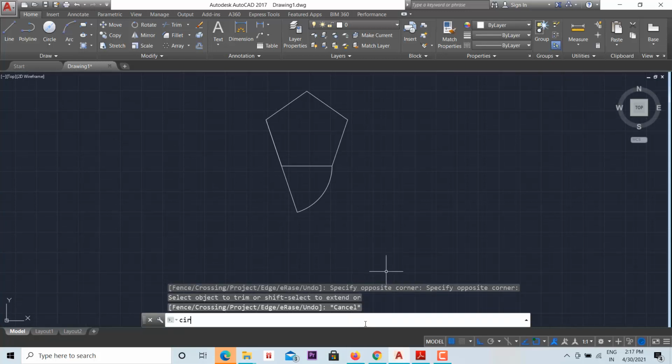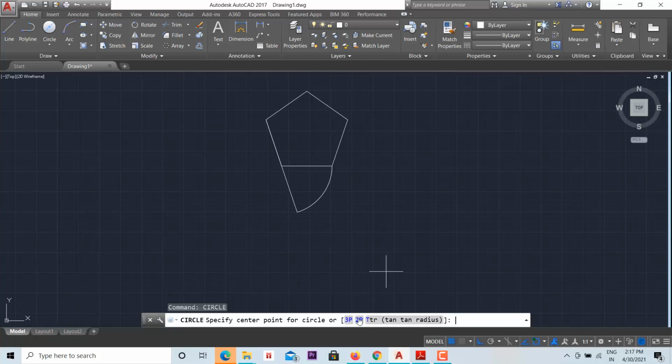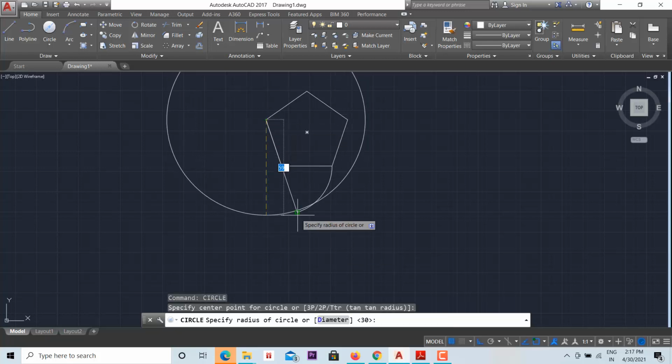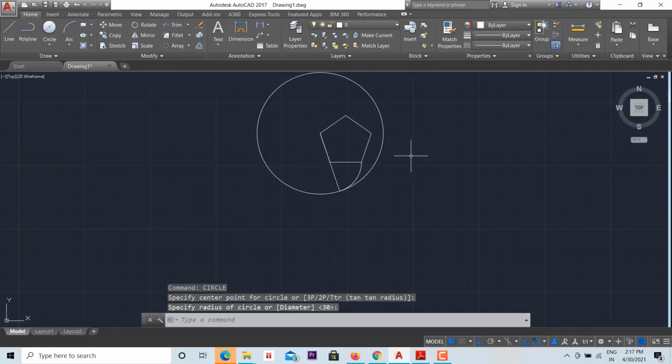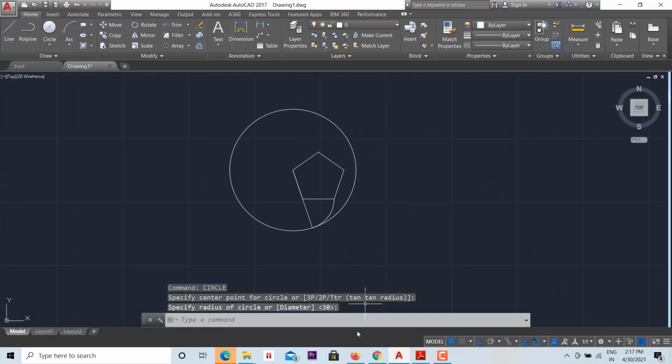Next, again you have to construct a circle with this point as center and this length as the radius. Just pick the previous intersection point and you'll get the circle. Again we have to use the ray command.